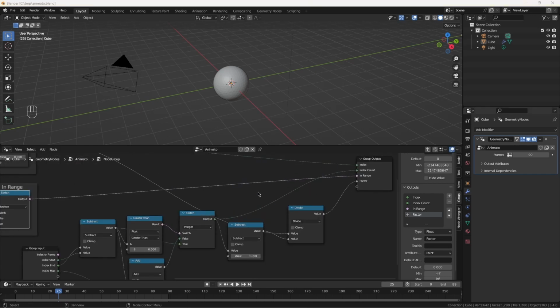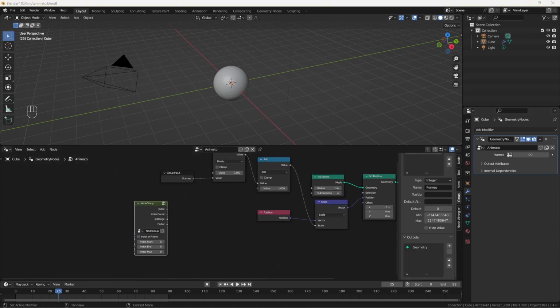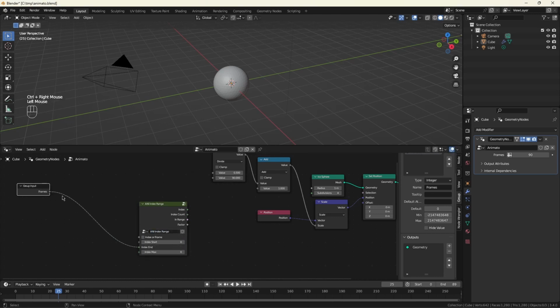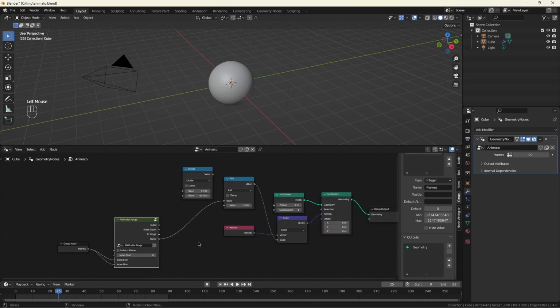So if this is correct, we should be able to use it to replace our original logic. Factor, and we only want to do the set position if the values are in range. So now, not too impressive, but at least it works. But we can also play with the index n now. So now we've changed the range between 0 to 90 to 0 to 16. And then when we get to 16,